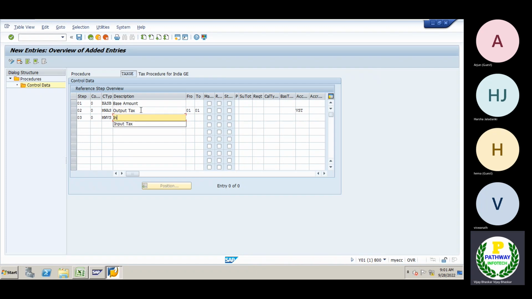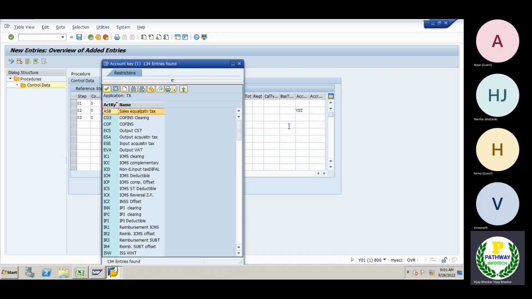Output tax, this is the input tax. Okay, so input tax, my condition is MWS, MWVS. When I'm going to calculate input tax, what is my condition? Base amount. Okay, it's 01 VST. Now the condition I have mapped for output is VST. Now for input tax which I'm going to map, the condition is